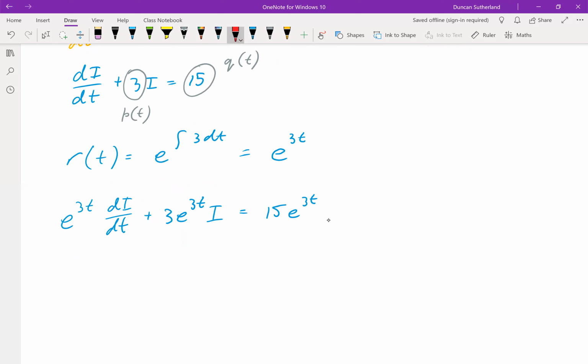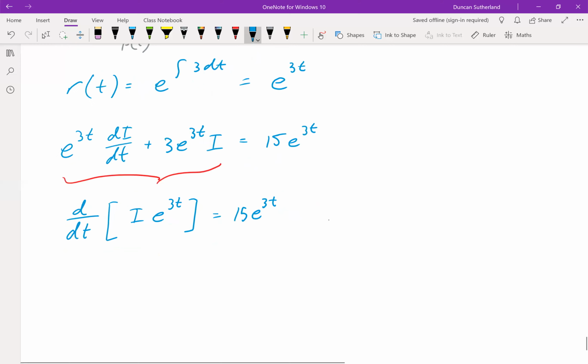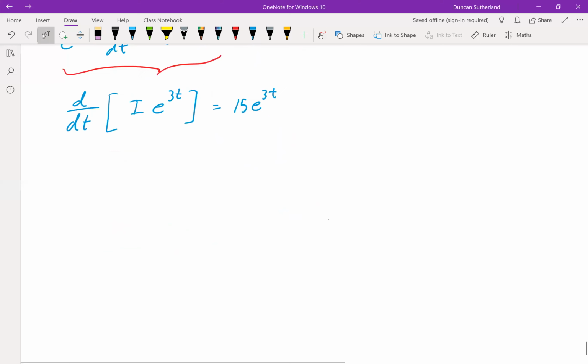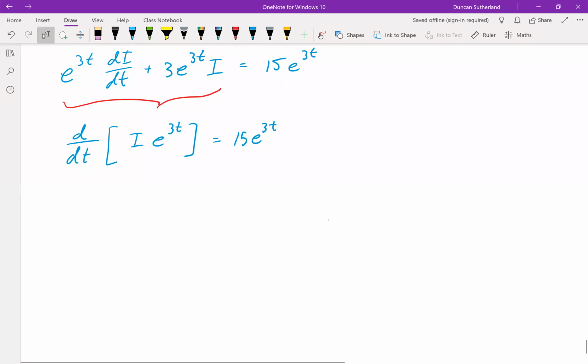And use the magic of the integrating factor to collapse this right-hand side. Remember, that's the entire reason that this integrating factor exists, is so we can do this step. But what that does is it gives us a total derivative on the left-hand side. So this now can be solved by integrating both sides with respect to t,